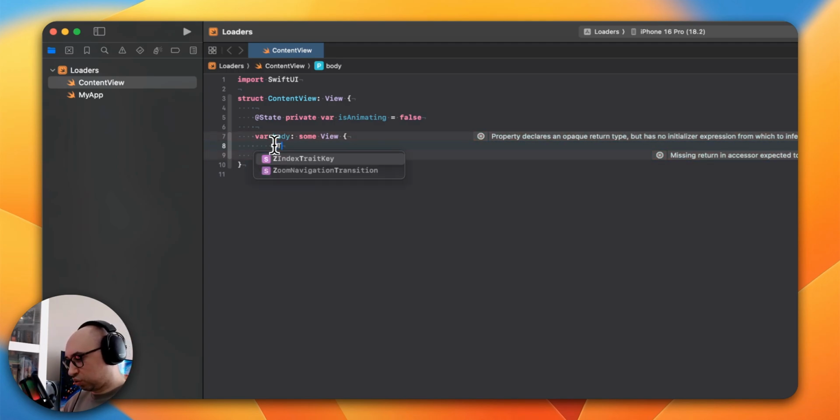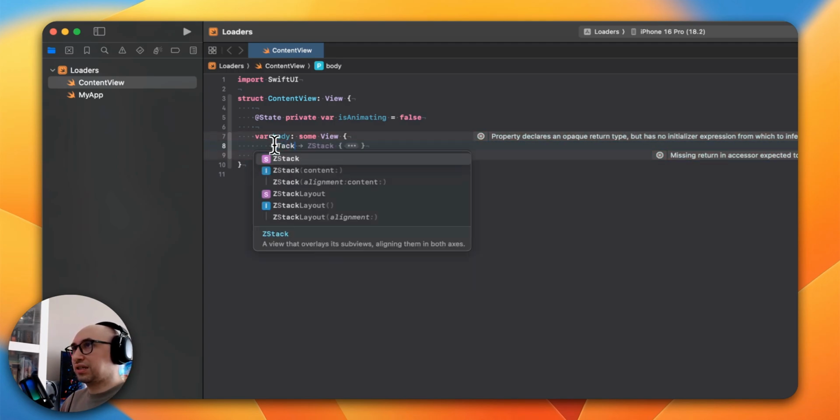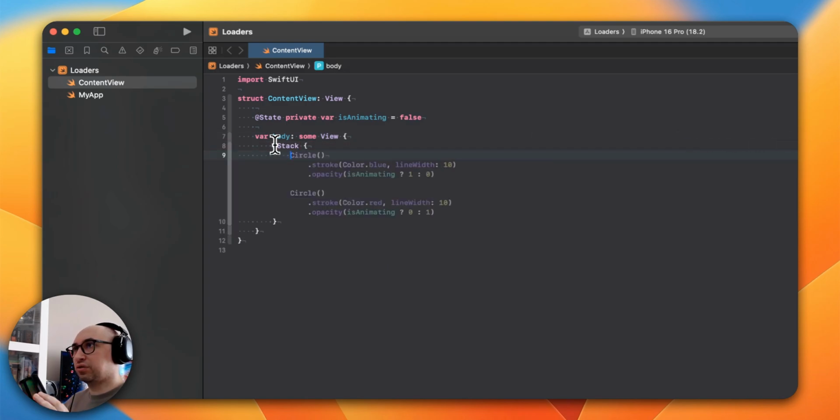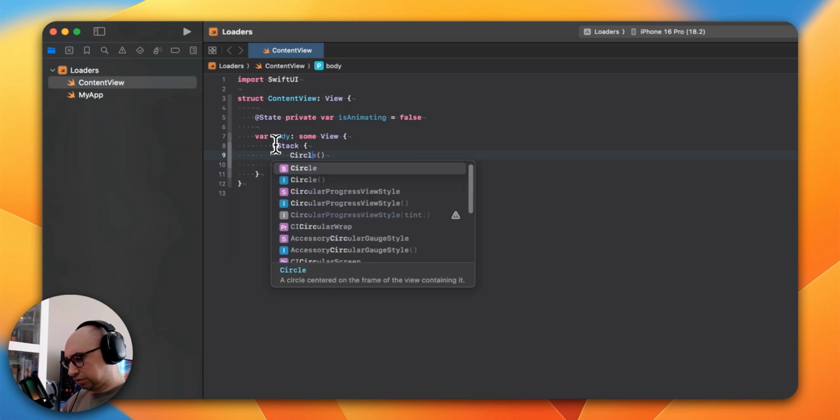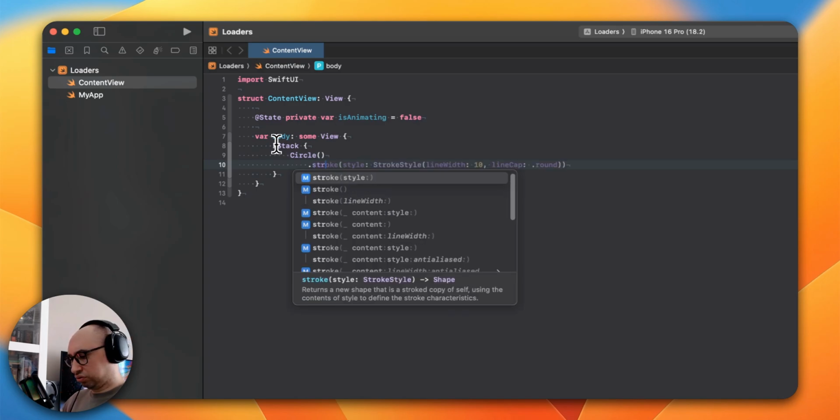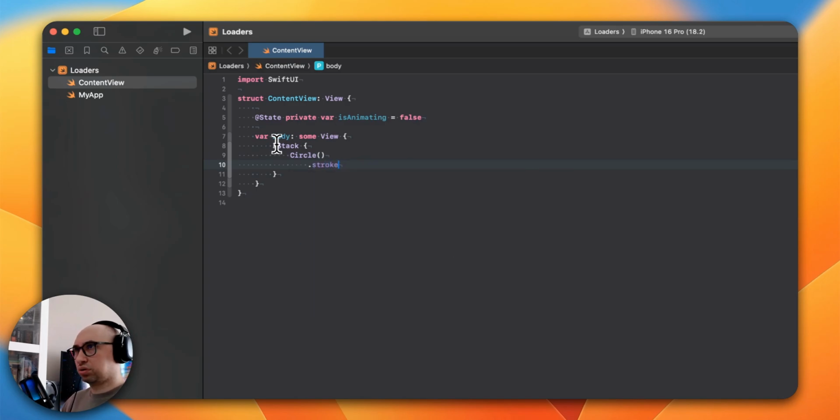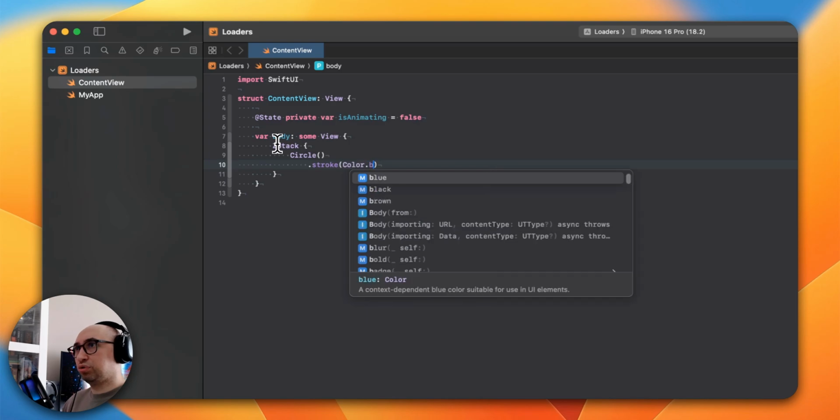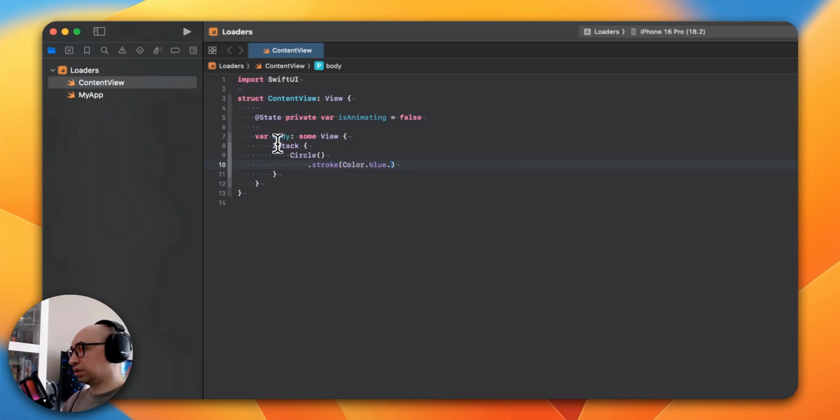So here we have a ZStack, and we will have a circle with stroke. Let's say it is blue with opacity,